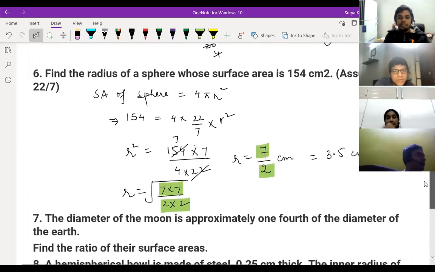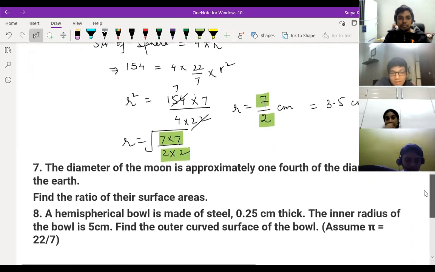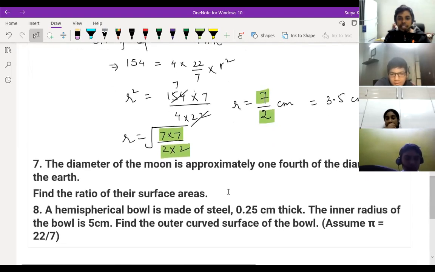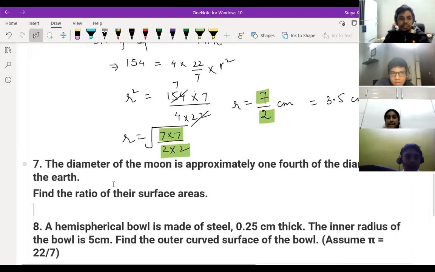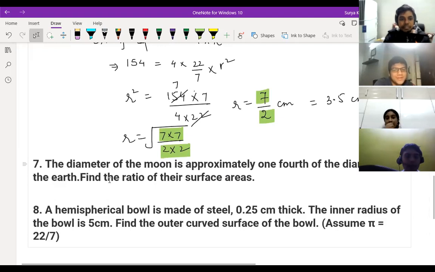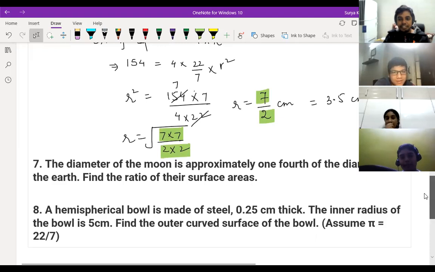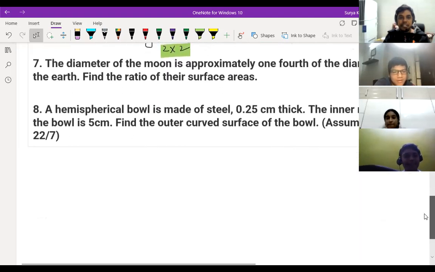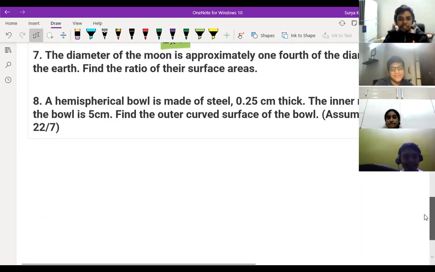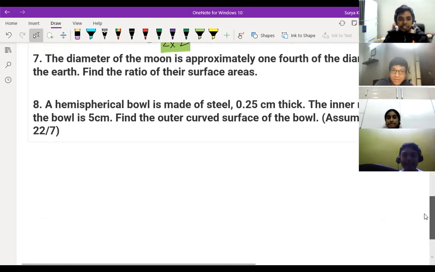Sir, in our school, they give worksheets also. They will not teach anything in class, but they give so many worksheets. But no, sir, they discuss the worksheet. They discuss the concept, explain 1 or 2 questions on the same concept, and give us homework. That's it. Acha. They discuss the whole worksheet in class, sir.